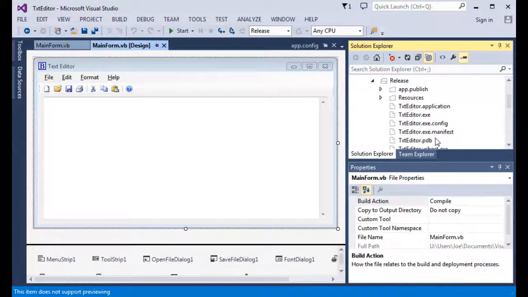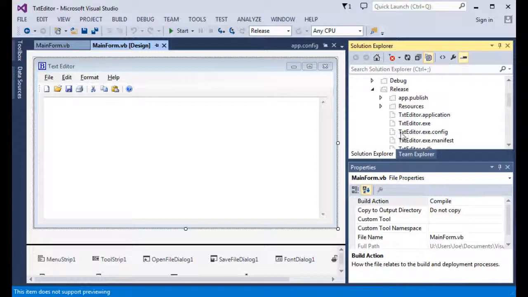Now if I were to do an XCopy, what I would be doing is grabbing this folder, the release folder, and everything inside that folder for an XCopy deployment, and everything will be there necessary for this program to run, including the actual program